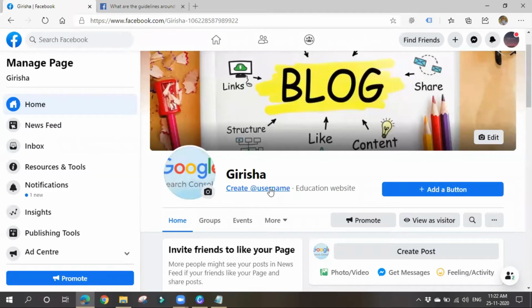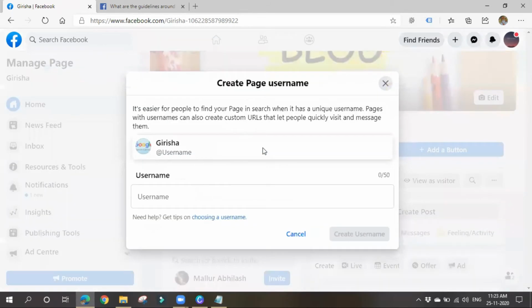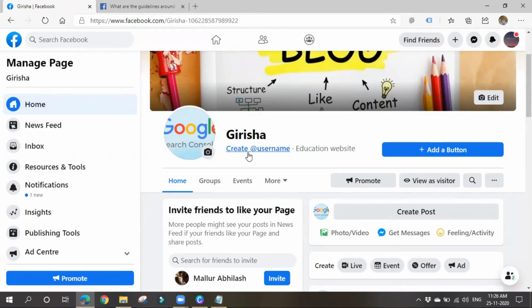Once you give a username, if you don't like it, you can change it again. If that particular name you want to change to is available, then you can change that username also, because this is the main thing which people will be searching for. But username we cannot manage; page name we can manage. But if people are searching for your page, how should they search for that? What name should get displayed to the users? That's why you must have a username, right?